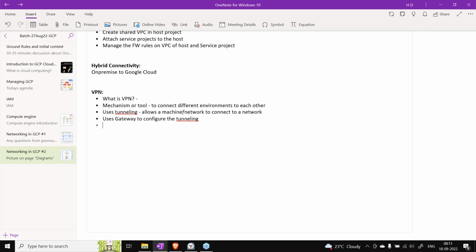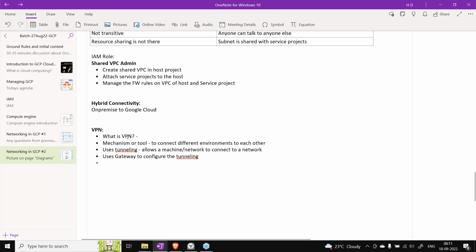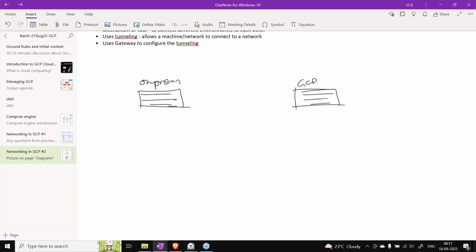So VPN, as the name says, is a virtual private network. Just in a diagrammatic way, this is on-prem, this is some infrastructure, and this is GCP, also infrastructure. We create a gateway here, let's call it gateway 1, and this one gateway 2.